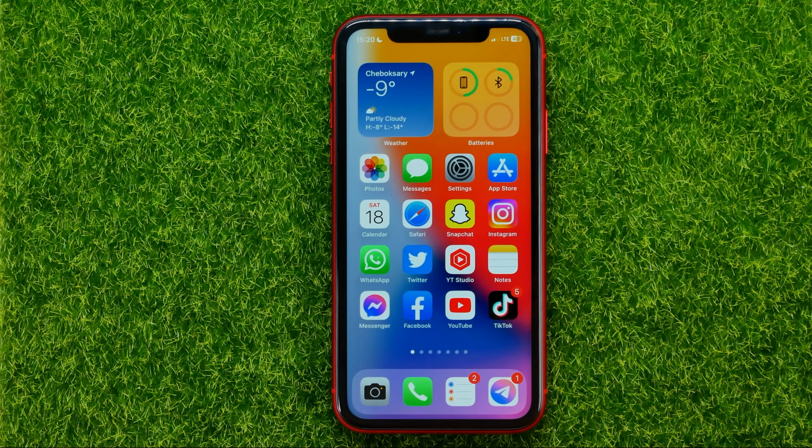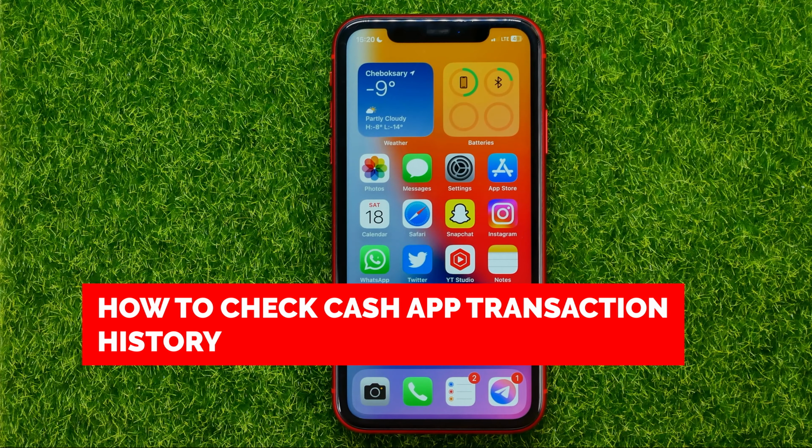Hello guys, welcome back. In this video I'm going to show you how you can easily check Cash App transaction